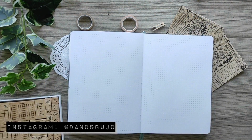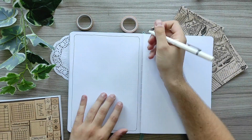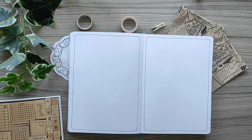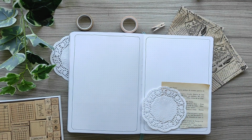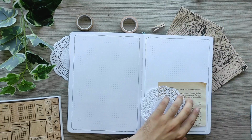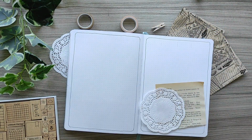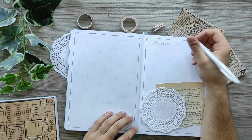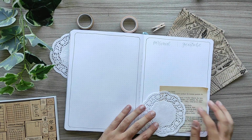For the next spread, I am actually using my notebook therapy bullet journal tracking stamps for the expenses like I did for August. I know it's a pretty similar layout to what I did for August, but when something goes right for you, I think you shouldn't change the things that work for you. So I'm just keeping that in mind and doing the things that I love on my August spread. So yeah,